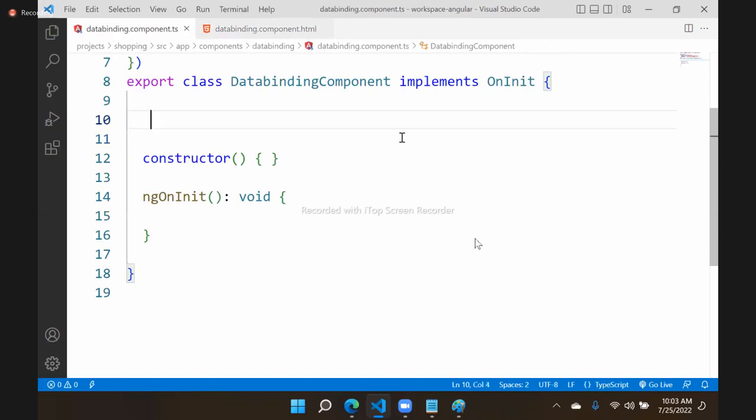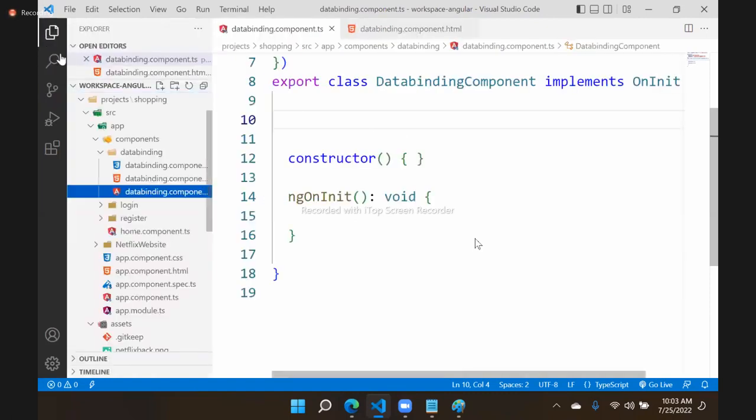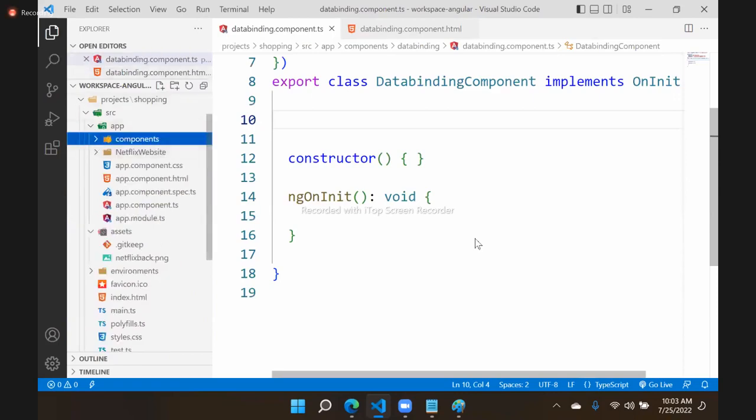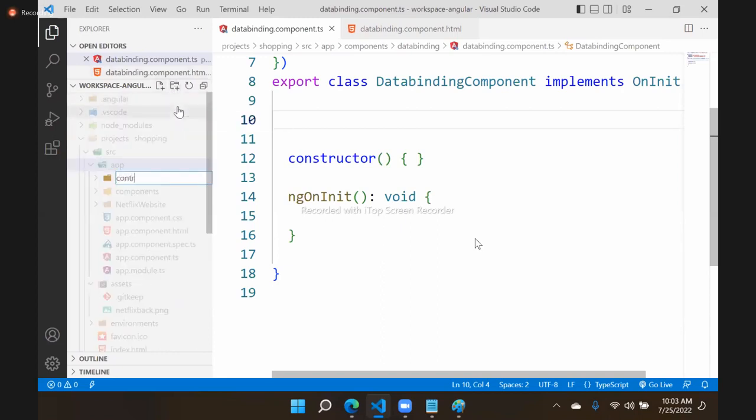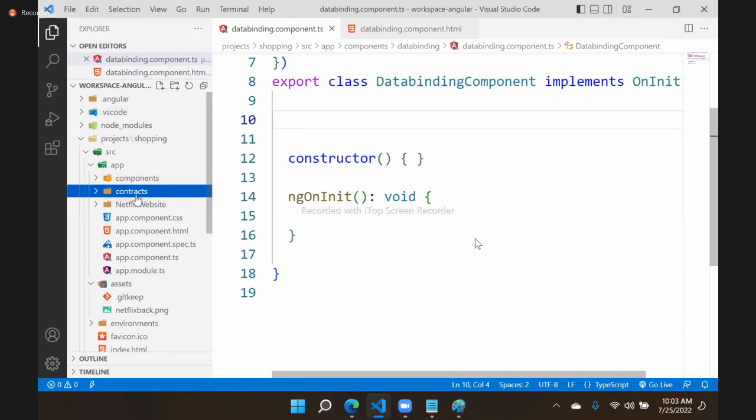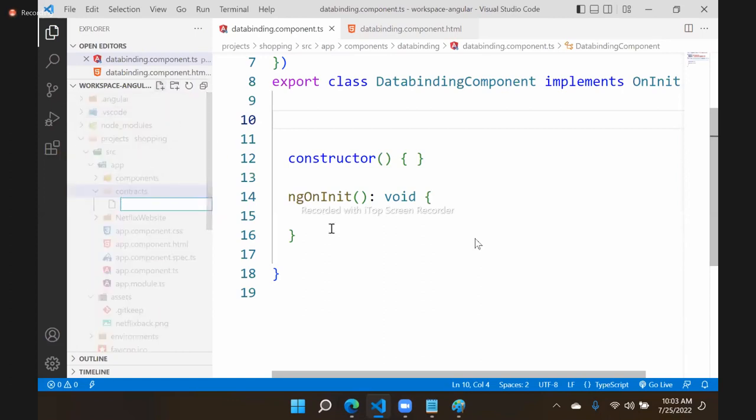So not only objects, you remember we discussed contracts. We learned contracts now. Whenever we are working with TypeScript based technologies, we use a lot of contracts. See what I am doing now. I am creating a separate folder in the app. In the app, I will create a separate folder called contracts. In that, I will add a new file called product